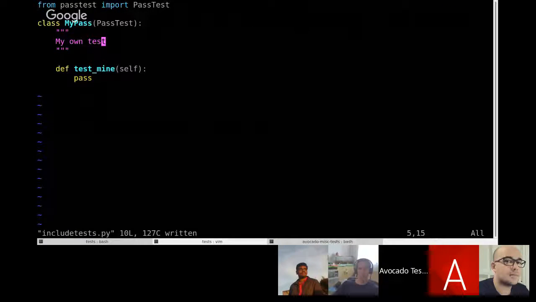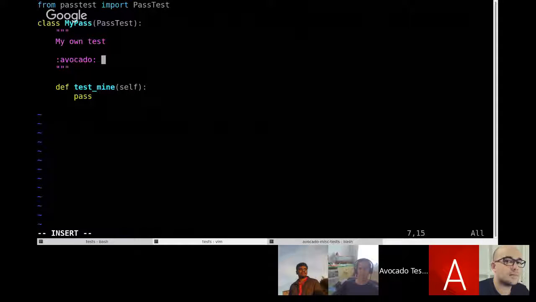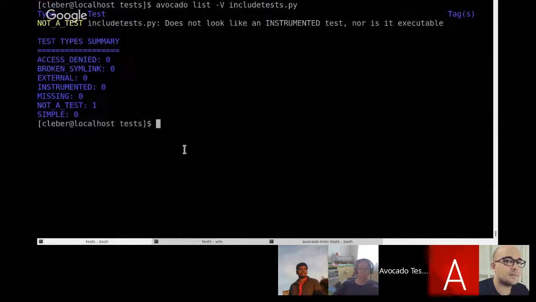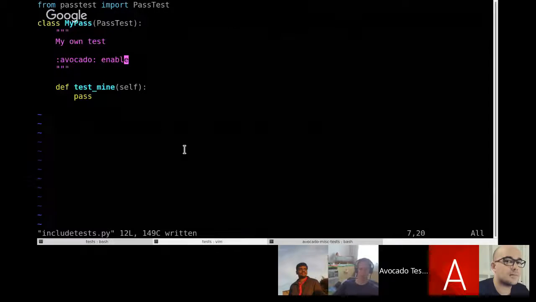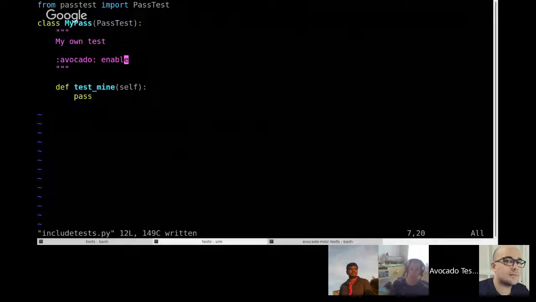The partial solution we have had for a while is the use of Avocado enable. This tells the loader that while it does not actually inherit directly from Avocado test, it is an Avocado instrumented test. So this is something you can run. But there is a problem here because you may want to have a base class or multiple levels of inheritance. And if you actually have your structure like that,